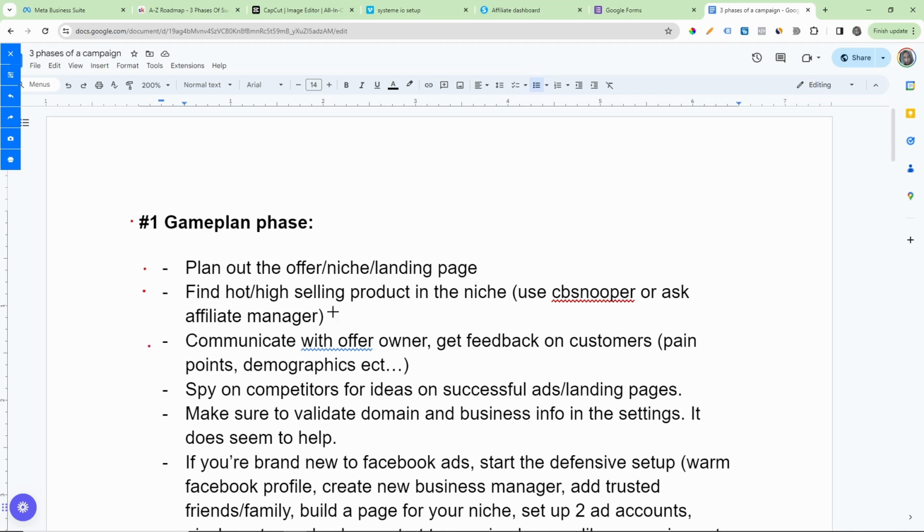Cool. Next, you're going to communicate with the offer owner to get feedback on customers, pain points, demographics, etc. I can't stress enough that especially if you choose a product on ClickBank where you don't have an affiliate manager, you have to find the vendor's support email manually. And it's almost always, like 99% of the time, in the affiliate page. On ClickBank, wherever you found the product and wherever you got your affiliate link, there was probably another button underneath that said affiliate page. Go there, get the contact information, email them, introduce yourself, be polite, be friendly, and just